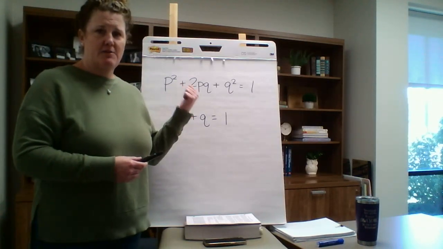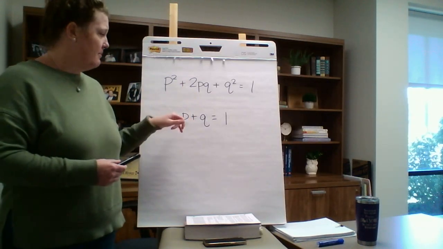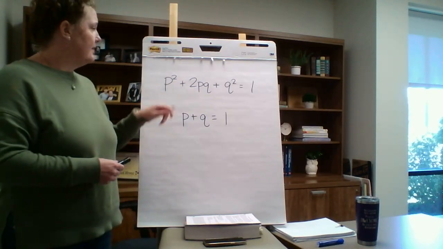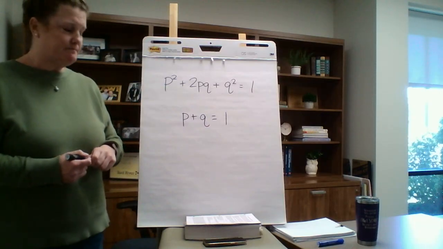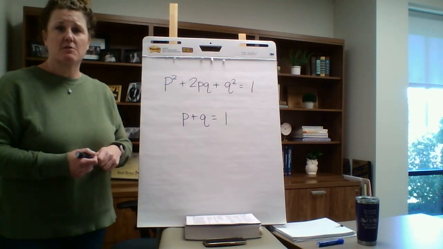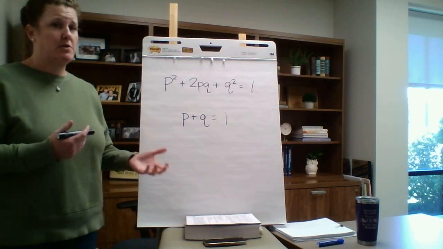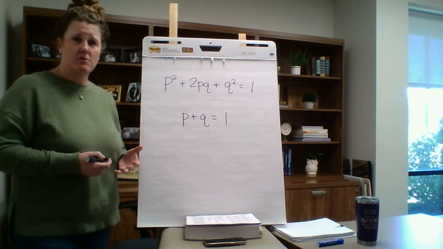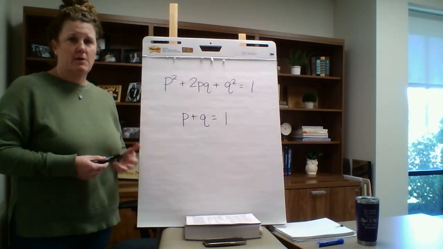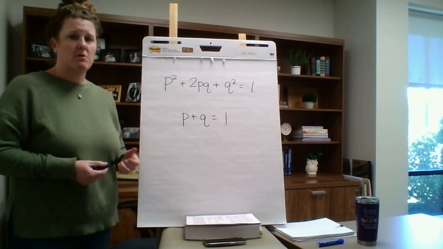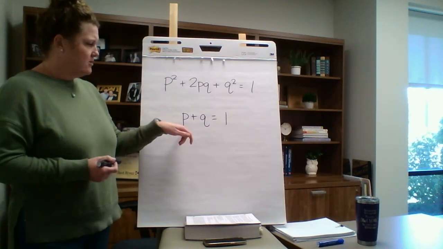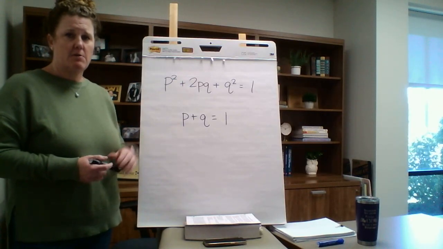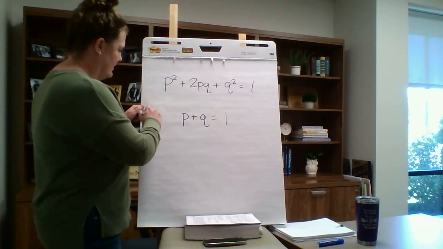And so here I have the 2 equations written down. We've got p plus q equals 1, and then we've got p squared plus 2pq plus q squared equals 1. And so we're going to take a look at each of these equations. First of all, you have to know what they represent. The math is not difficult, but we do need to understand what variable we are solving for and how we represent those variables. So I'm going to start with this equation here, p plus q equals 1, and these represent